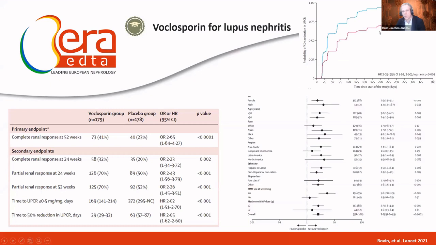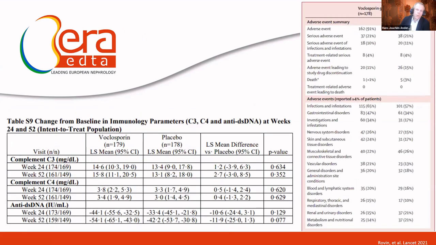So you could imagine that maybe a local effect then joins a remote effect of immune modulation later in the treatment course. This forest plot here shows that in whatever subgroup you look at, this is on the side of favor voclosporin therapy. So it seems to be quite consistent across these different parameters that are all listed here. And this is reassuring. What is interesting, and this I want to show you, is here a table of the supplement. Not so easy to achieve if you don't have a subscription to the Lancet, but here you find the